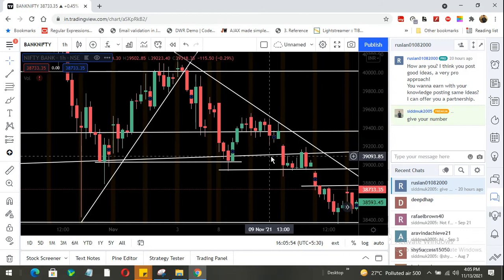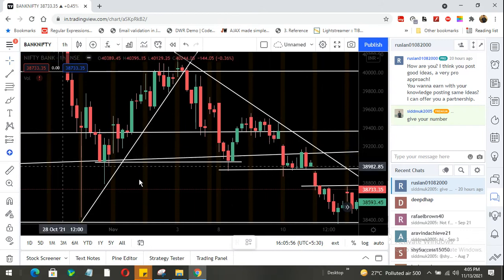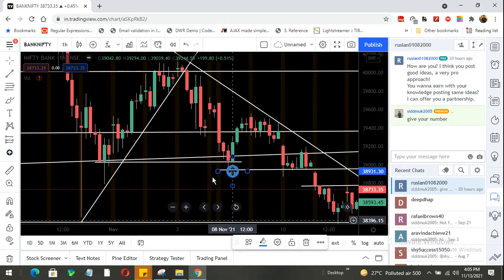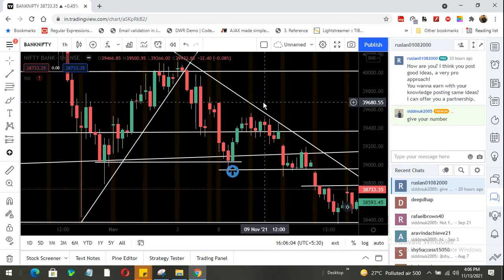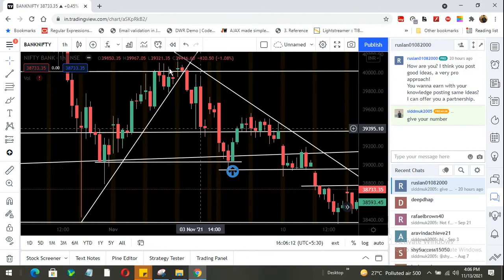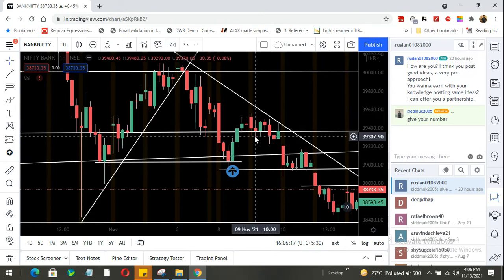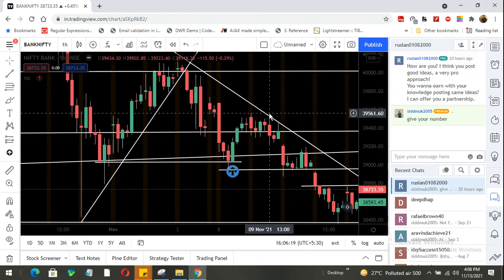Okay. So the first example was here. This is the bullish engulfing pattern, and it came near the support, and when it came near the support, it takes the candles upside. So the previous trend was exactly down. Previous trend was down, and in the immediate next three, four candles you can see some upside.